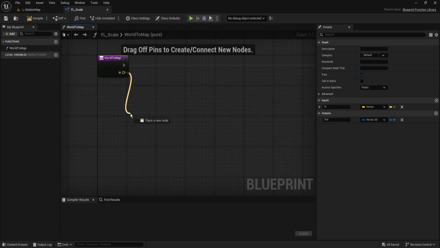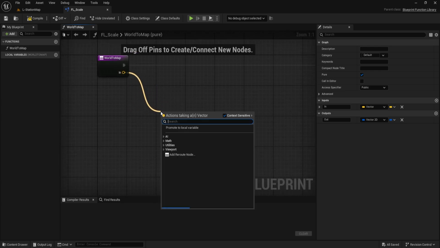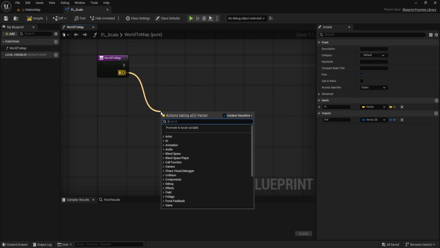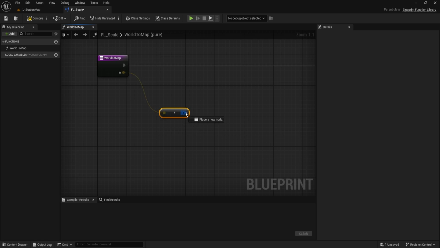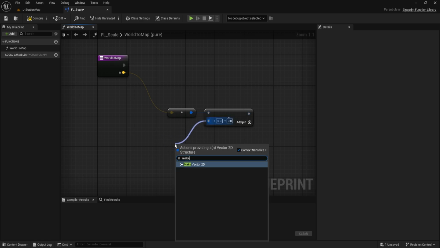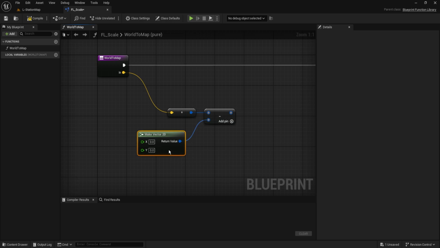We're going to start off by simply converting this into 2D, because we don't care about the Z, because we only have a 2D map. So we don't care about that. So we just say 2D vector, and we just have the top one here, 2D vector. We'll just get an X and Y, which is all we want. Then we'll say minus. And what we want to subtract here is we want to get another one. So we're going to make another one here. So say make 2D vector. And for X and Y, we specifically want